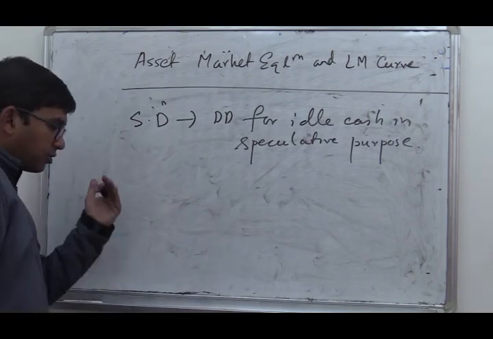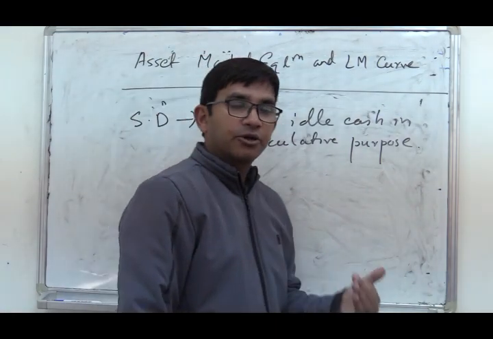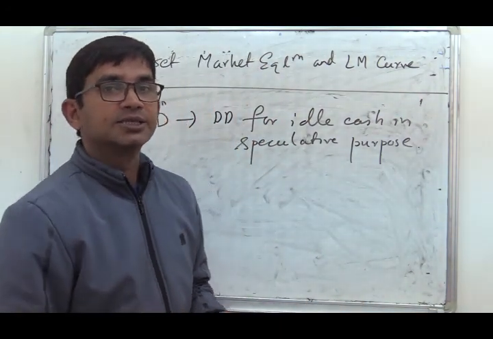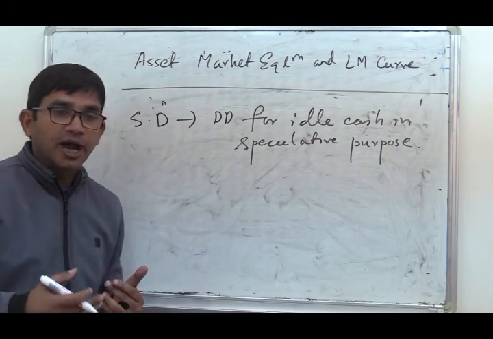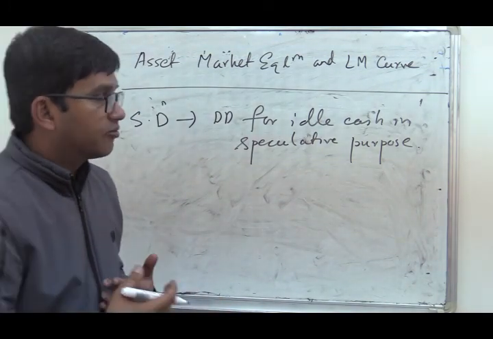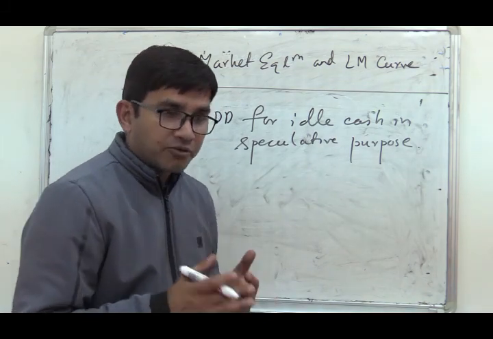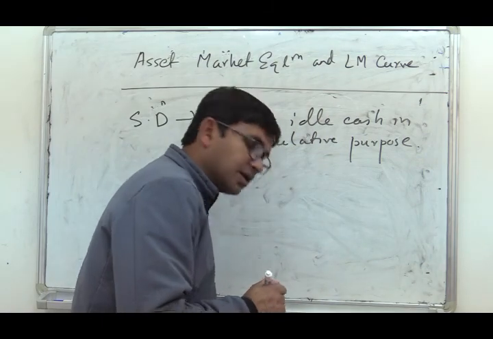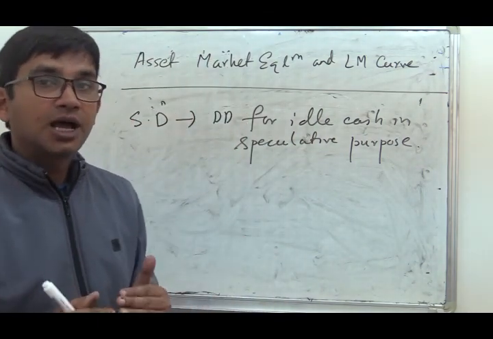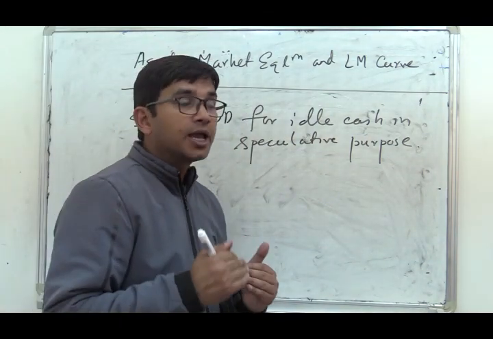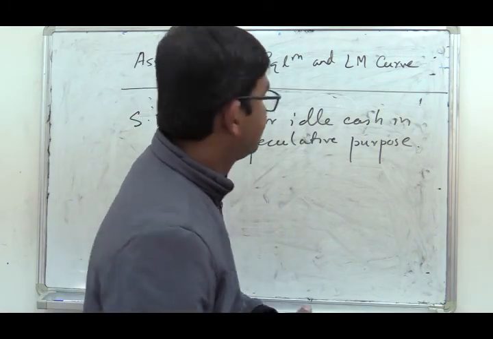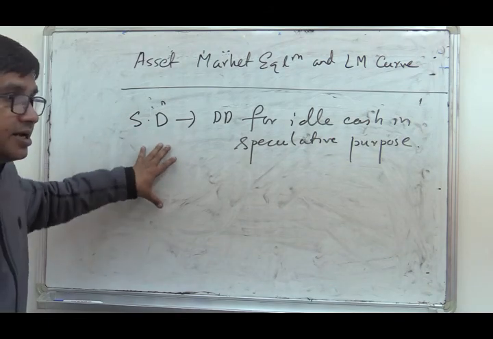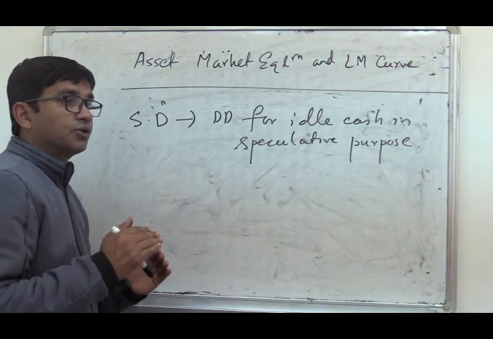In classical economics or in classical macroeconomic theory, there is no significance of holding idle cash. Instead of holding idle cash, you can convert your money into bonds, and from which you will earn a rate of interest. So as per classical theory, rate of interest is known as the opportunity cost of holding idle money in the hand. But in Keynesian theory, idle cash plays a crucial role,